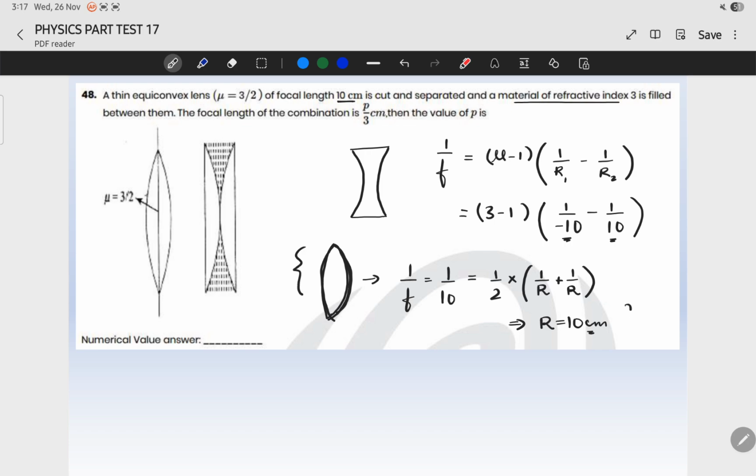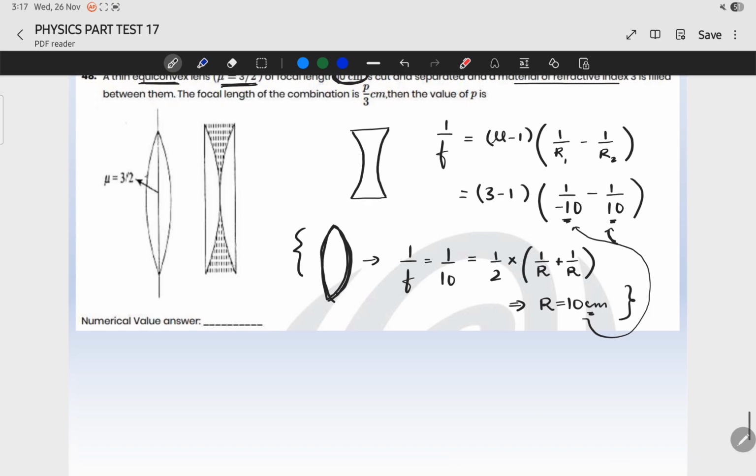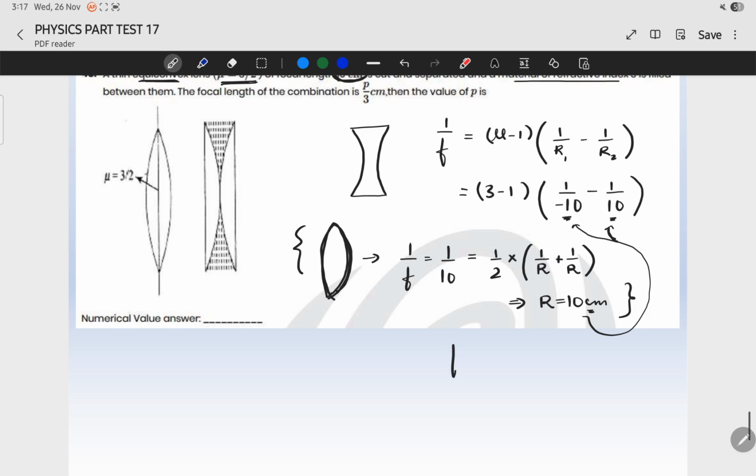So this is a special case which we can remember. If mu is given to be 3 by 2 and it is equiconvex, the focal length and the radius of curvature of the lens will be same. So yes, basically from this we put radius of curvature here because the radius of curvature of the lens and the material which we fill will become same. So when you put the answer, we get f. Consider it f dash. So f dash is equal to minus 10 by 4 is the focal length of this